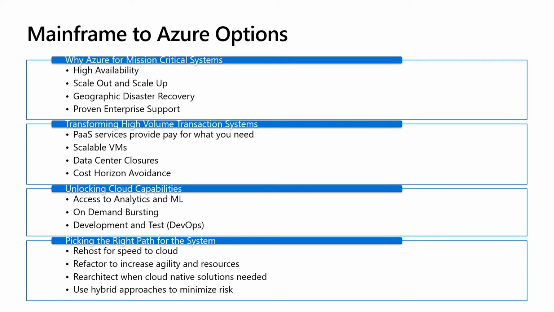Another big advantage of moving into cloud systems is access to other types of systems. We've had a number of customers, once they get the data in the cloud, it opens them up to analytics that they can run, and machine learning and artificial intelligence and things of that kind. I've already briefly talked about on-demand bursting, but this is something that one can save a lot of money because it's the way IBM will typically charge for and other vendors too.